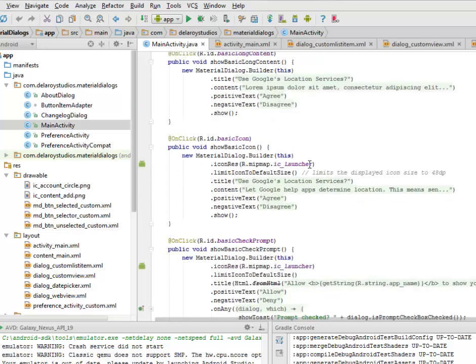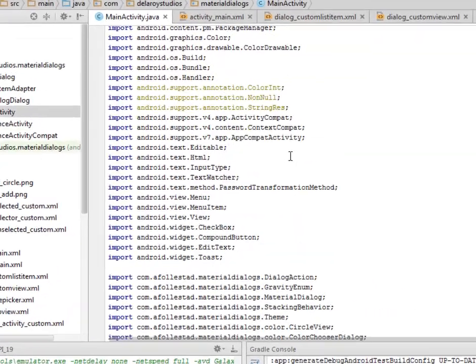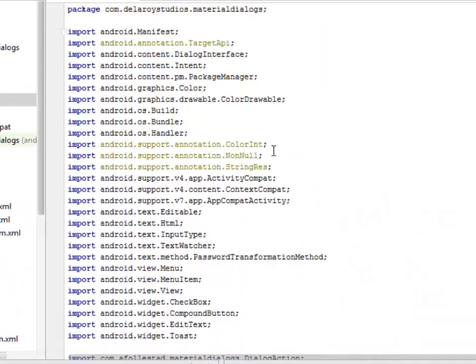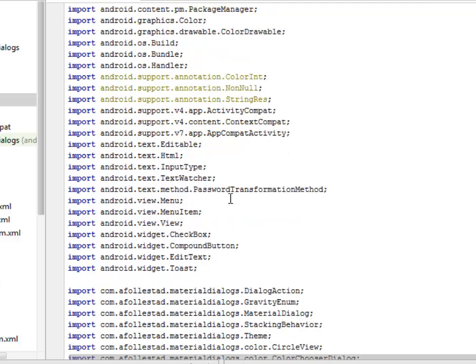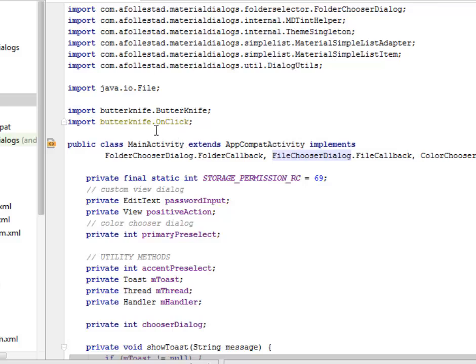The main activity is actually one of the major activities in this particular application, whereby we need to import a lot of stuff: the dialog interface, the color drawable, the password transform method, and even the aforementioned material dialog. We integrated the dialog button, the graphics enum, the material dialog itself, the theme, the circle view, the chooser dialog, the file chooser dialog. A lot of dialog integration here. Even the button